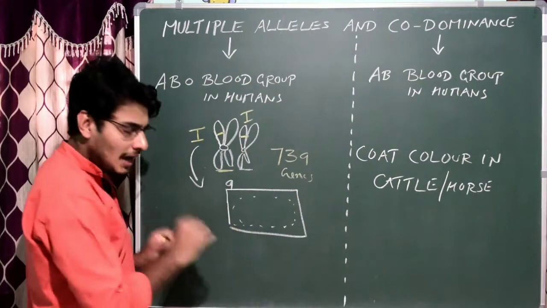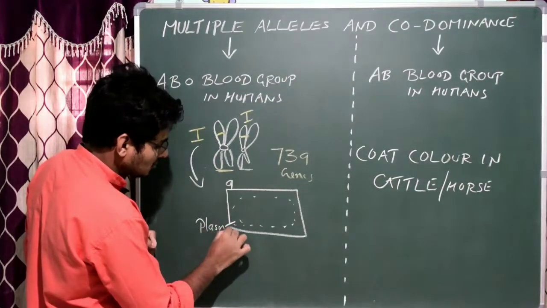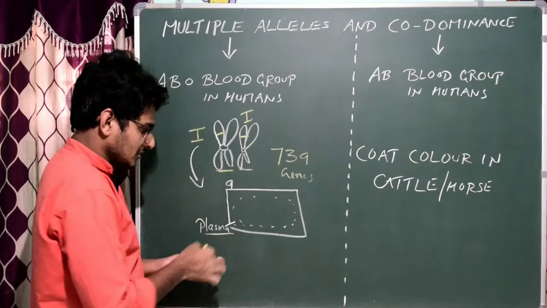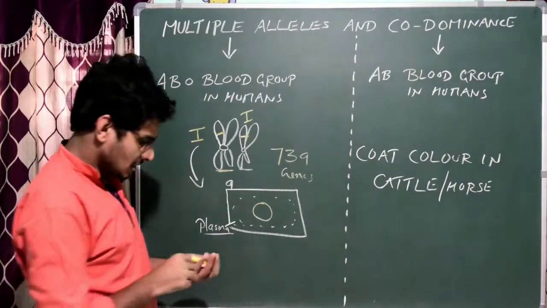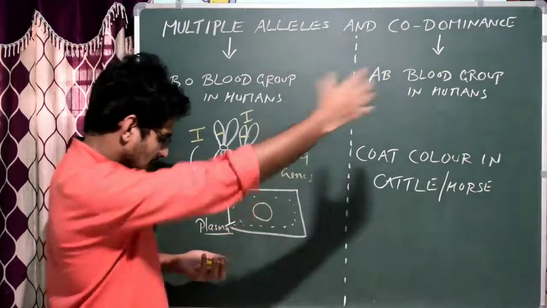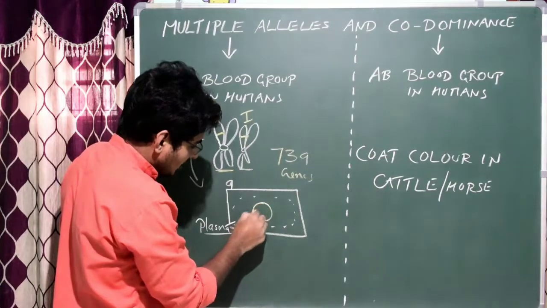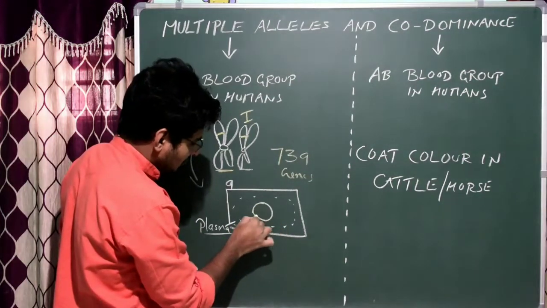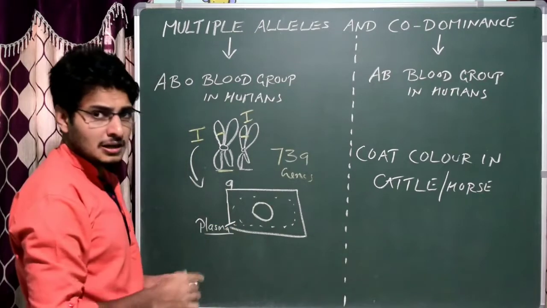Now I am comparing this liquid to our plasma. That means the plasma is surrounding the RBC, correct? So this is our RBC. I will draw only one RBC, a non-nucleated cell which carries oxygen in our body, and this is the surface of the RBC, that is actually the plasma membrane of the RBC, which is surrounded by the plasma.